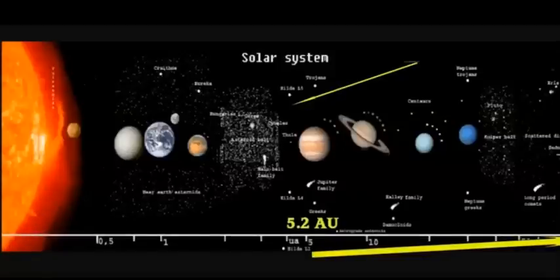June the 29th, 2017. As you're looking at a graphic of the solar system now, the distances are in that very bottom line. In other words, you see where the center of Earth is under the 1. That's 1 astronomical unit. That's the distance between the Earth and the Sun, which is 93 million miles. Then you go to Mars, then you go to the asteroid belt, then you go to Jupiter, and that's what